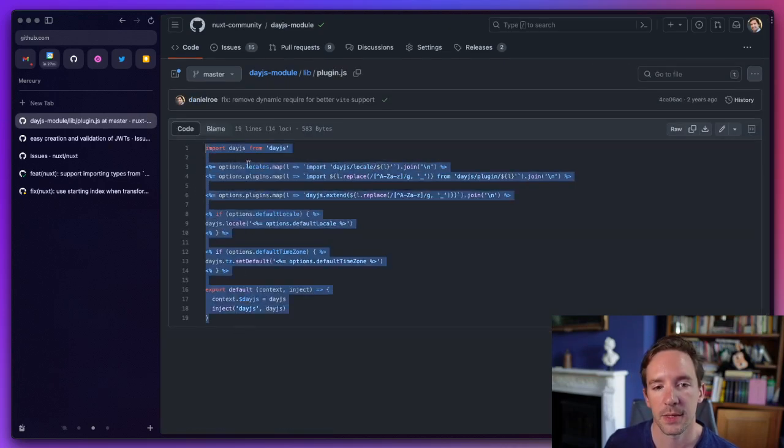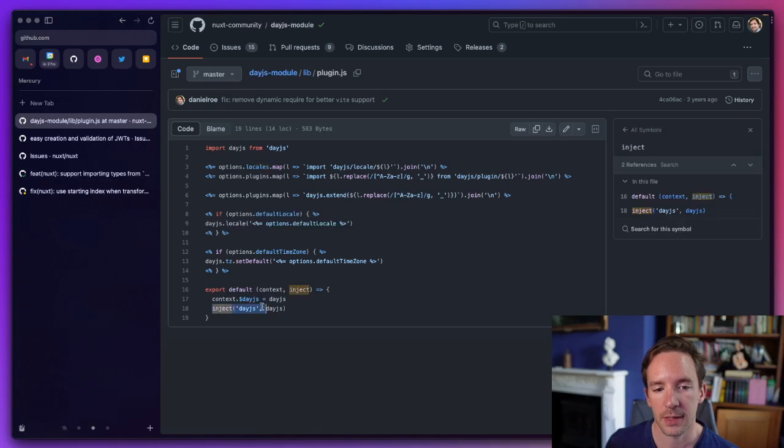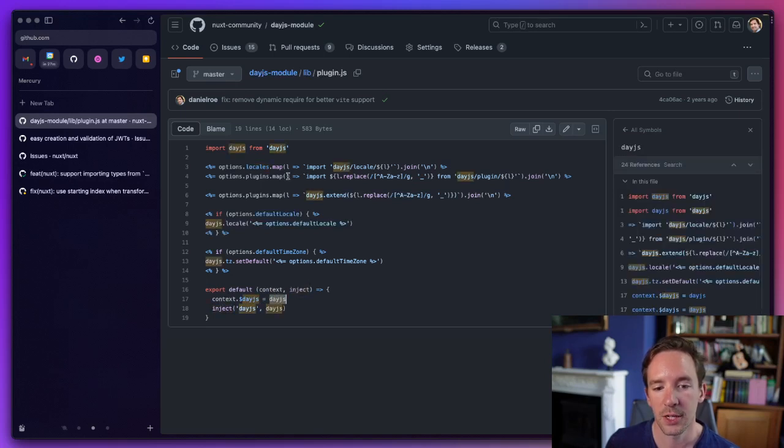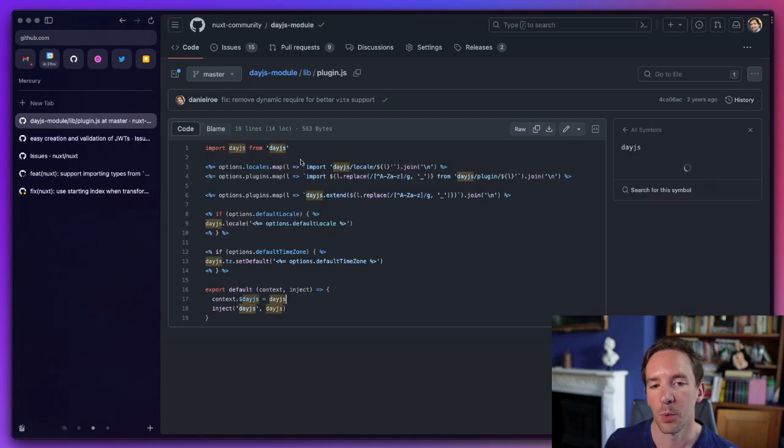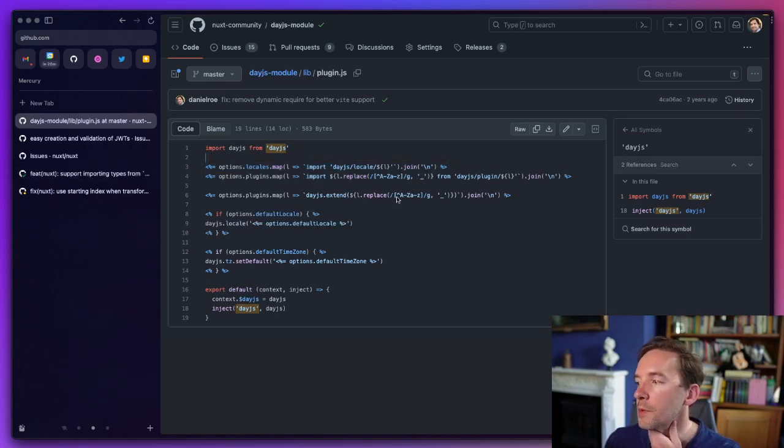The way this works is that it injects day.js, which is literally just the import from day.js. So we can auto import that. Everything else, the importing of the locales, is probably quite useful to do from a module point of view, but exposing it this way probably isn't, because this also means you cannot tree shake it. Now, it's possible you can't tree shake day.js, that's possible. But I wouldn't advise you inject it this way. I would advise instead a composable you call with useDayjs or something.